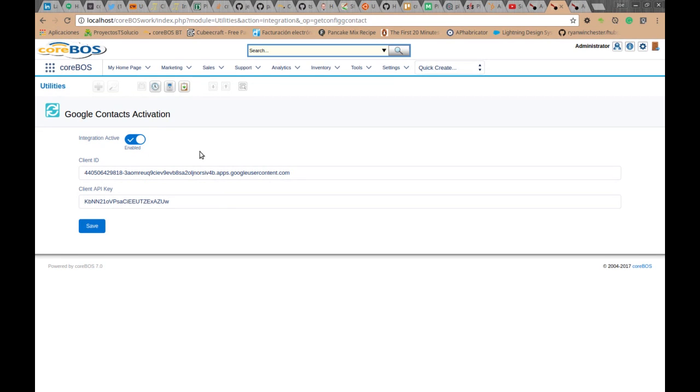This is a one-time step that you have to do just once for all the people or users in the system that want to sync their Google contacts. Okay, this is just a one-time action you have to do. If you have Google Calendar already activated, then you could come over here to your